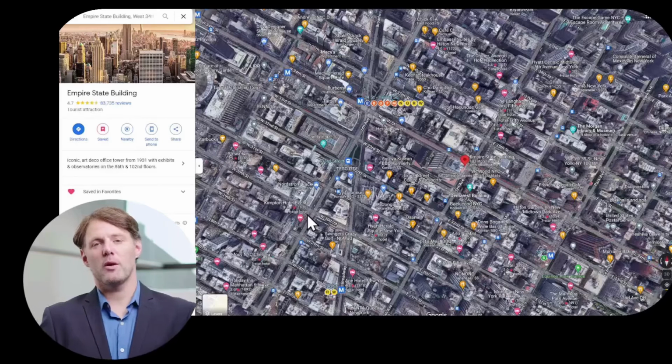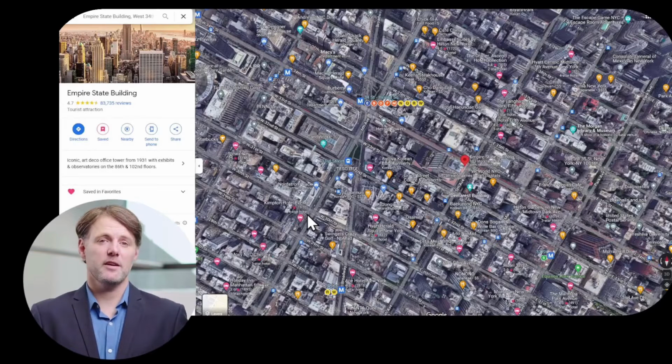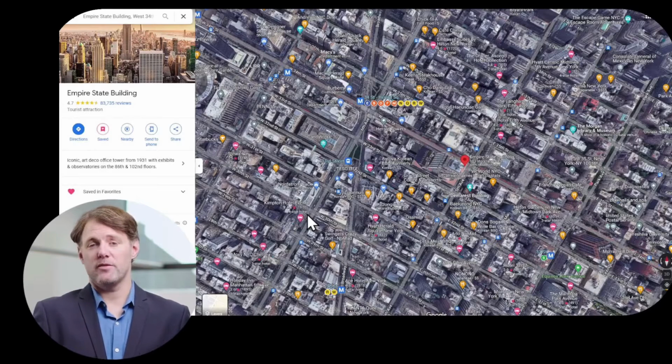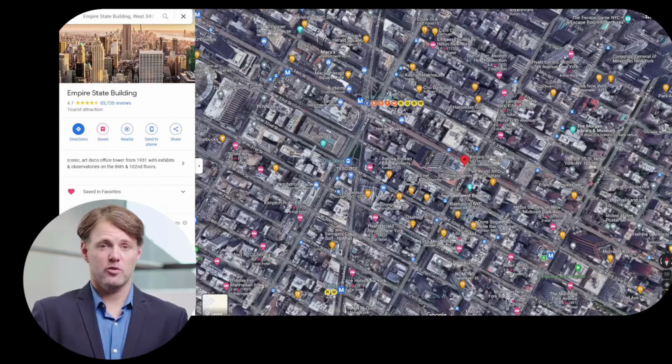In this video, I'm going to show you how to pin multiple locations on Google Maps. Stay until the end. First, make sure you're signed in to Google Maps, whether you're using a phone, mobile device,